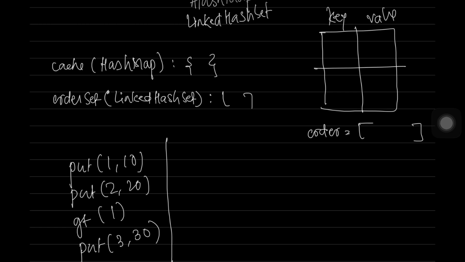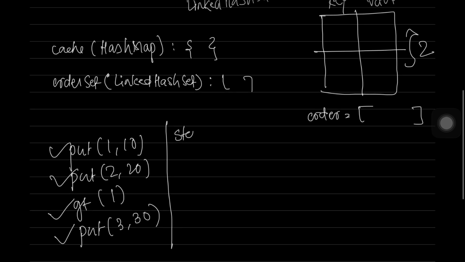To really understand how this works, let's do a quick dry run with a small example. Let's assume our cache has a capacity of 2. We will perform 4 operations: put 1 comma 10, put 2 comma 20, get 1, put 3 comma 30. Let's see what happens step by step. In step 1,